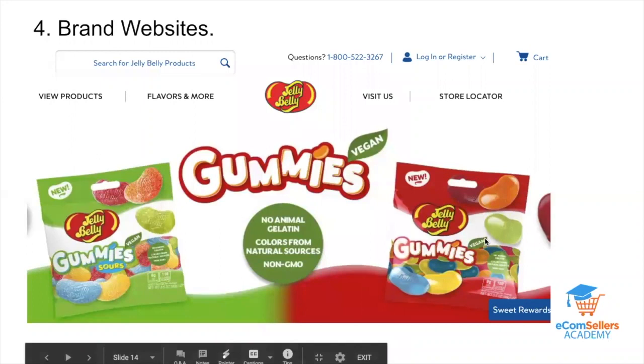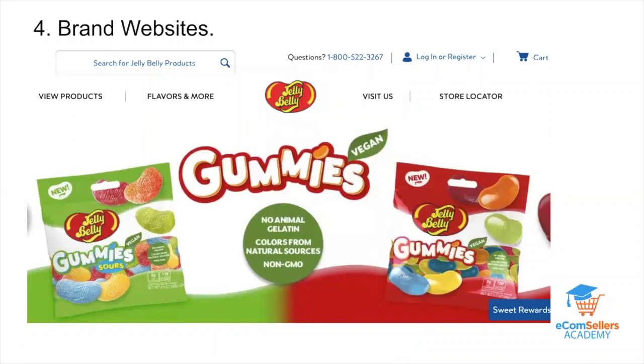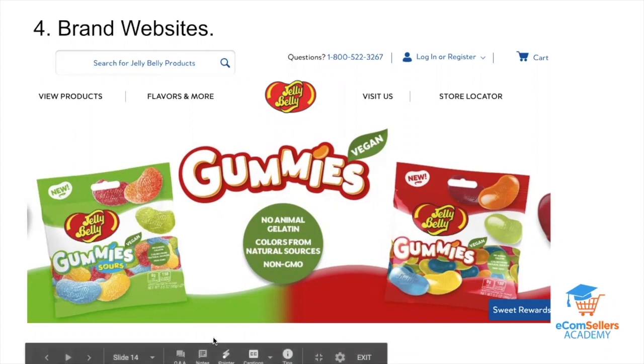Then you have the brand websites. And this is just an example of jellybelly.com. Once you go to those sites, you would scroll down and see if they actually have a wholesale option. And if they do, you would click and just read through.